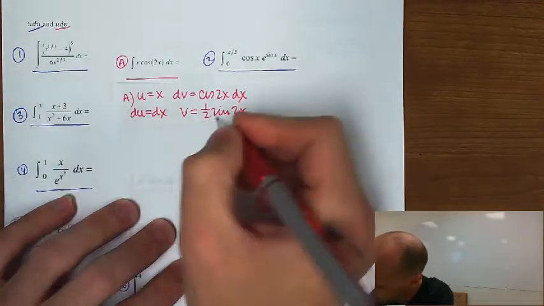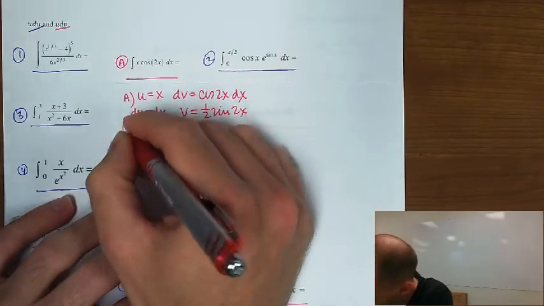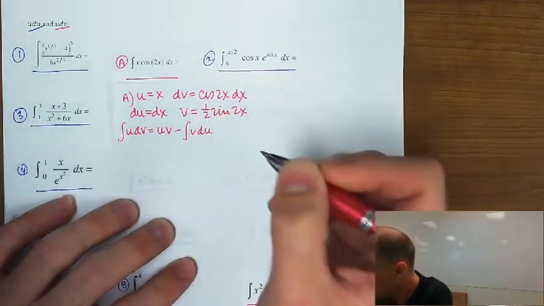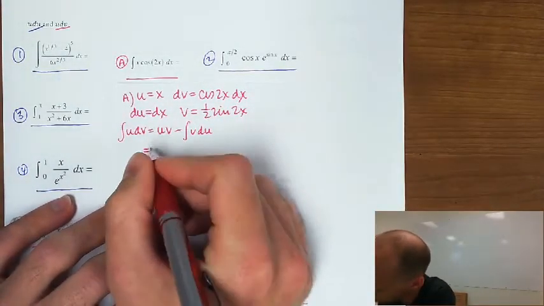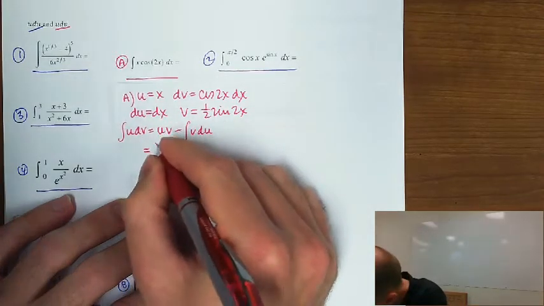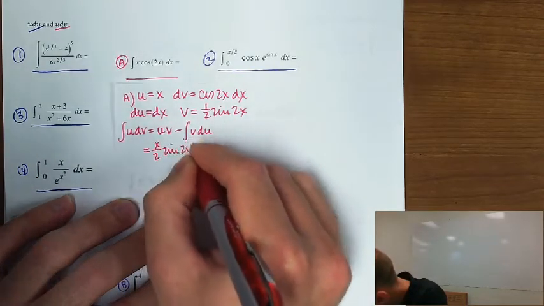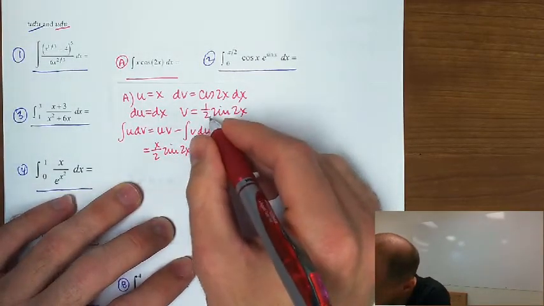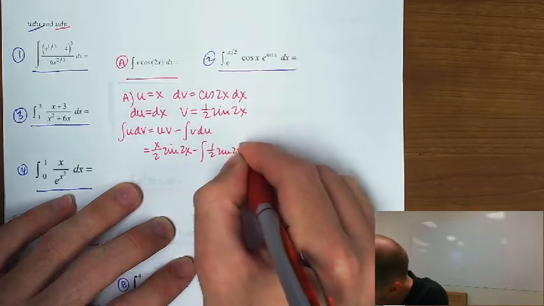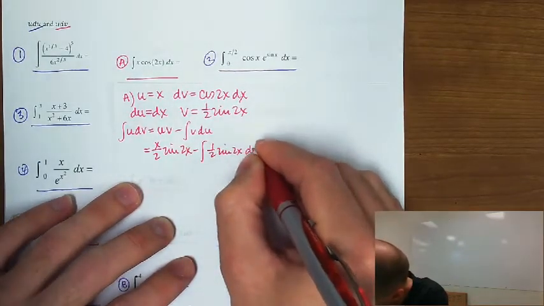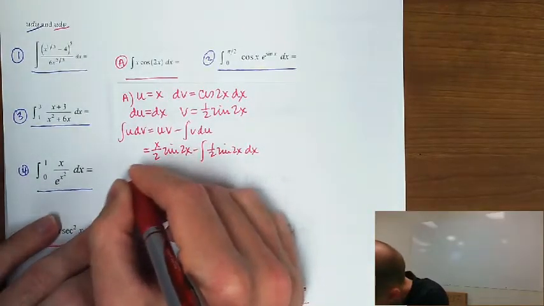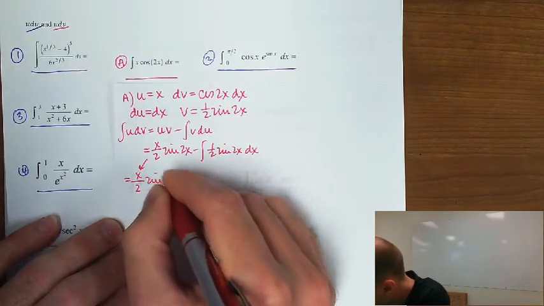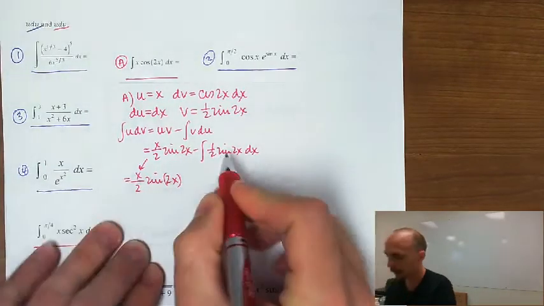That's all right, though. Now, I know that the integral of u dv is equal to u times v minus the integral of v du. So that's going to be equal to uv, x over 2 sine of 2x, minus the integral of v du, half sine 2x dx. So moving that down here, that's going to be x over 2 sine of 2x minus, but wait a second,